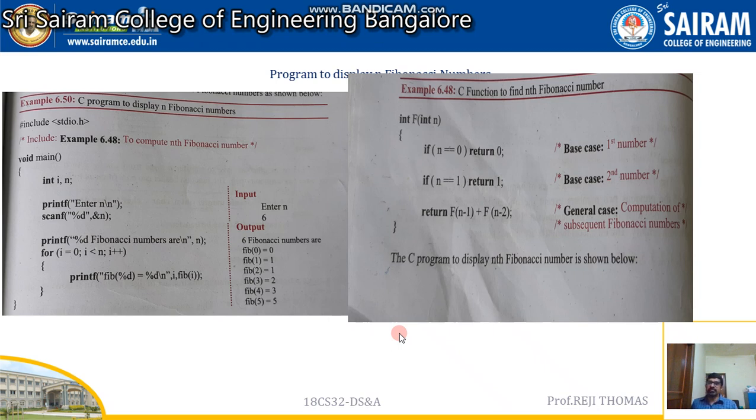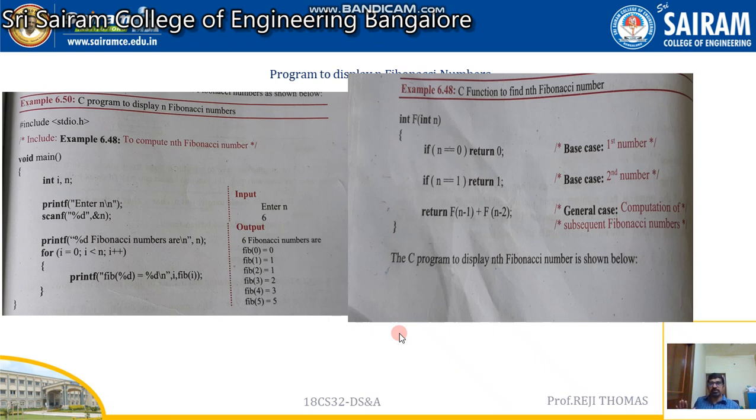Look at the printf statement. Inside the printf statement, I'm going to call the function Fibonacci series i, right? So what is this going to do? If I take i is equal to 0, it is going to print the 0th Fibonacci number. How is this done? This is done using our previous function definition.